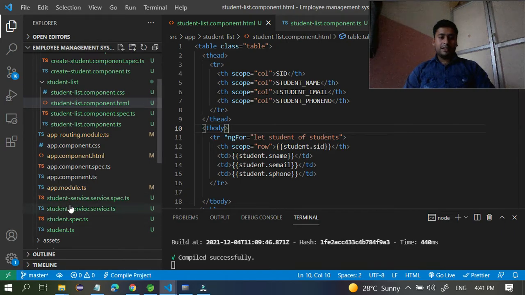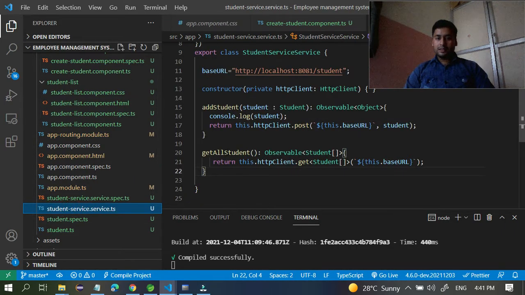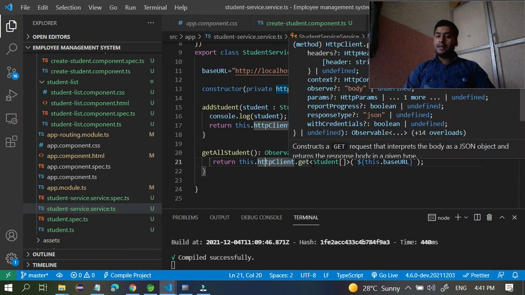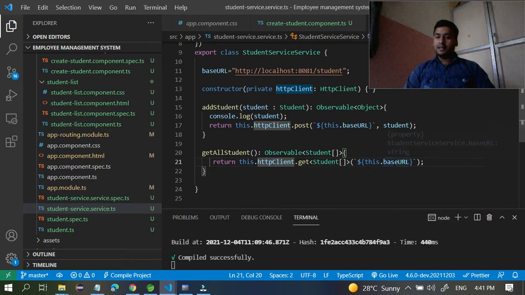So I have written the code in the service, like getAllStudents. Here HttpClient has one method, get. It is able to communicate with this base URL. Base URL is nothing but this one, http://localhost:8081/student.